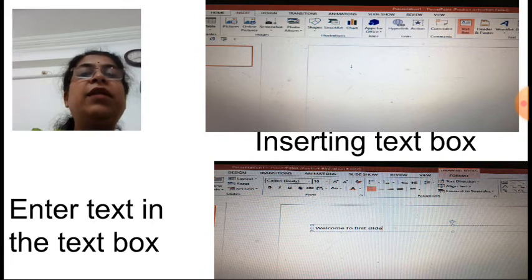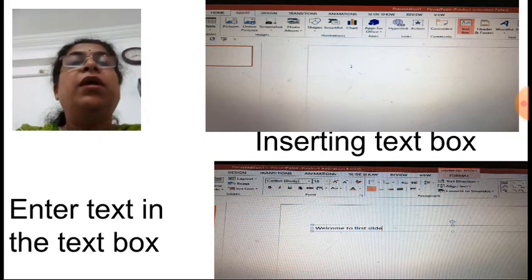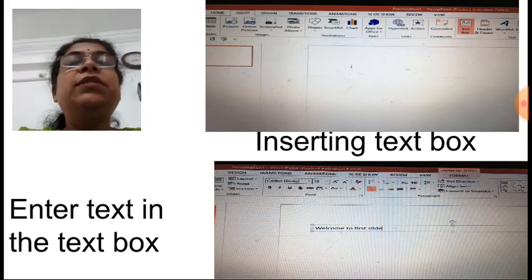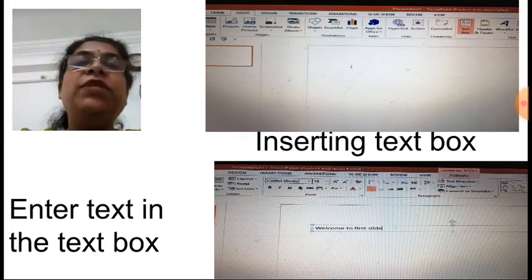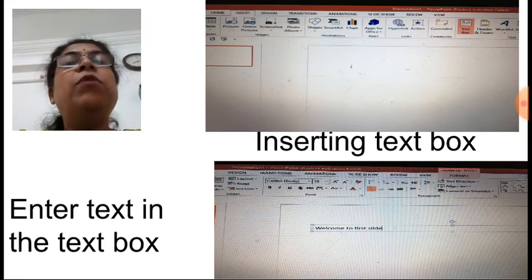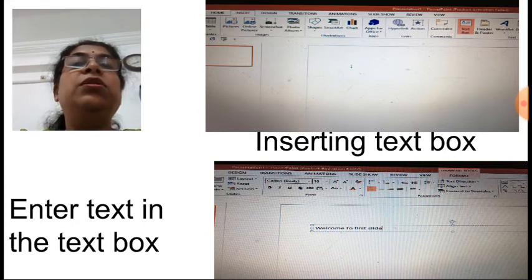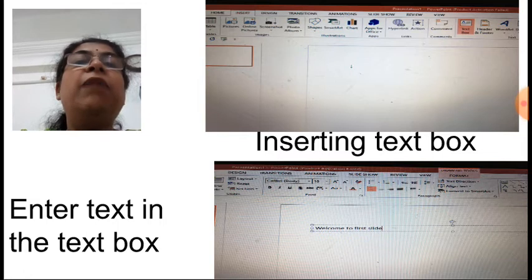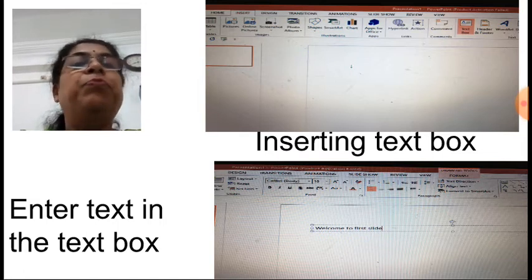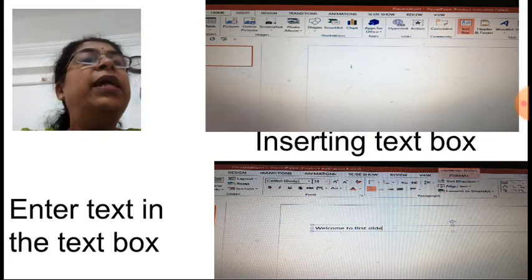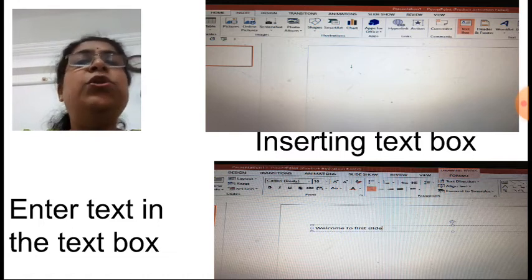Now, entering text in a text box. Already some placeholders or text boxes are given in the slides where you write the text. But suppose you have selected the blank slide, or apart from the placeholders, if you want to add more text in the slide, this facility is available. The text box is available in the insert tab, text group.